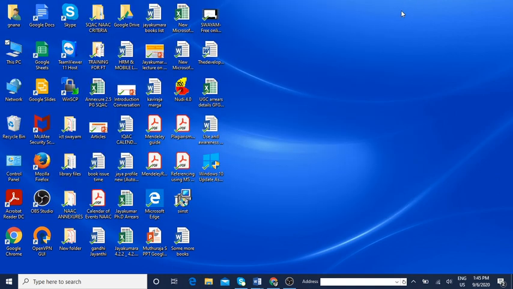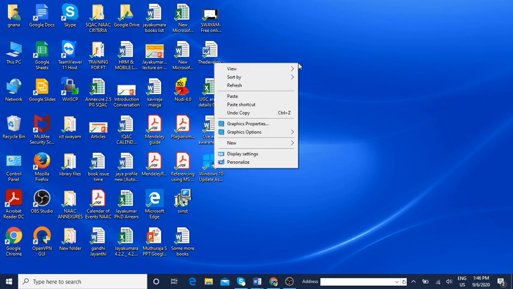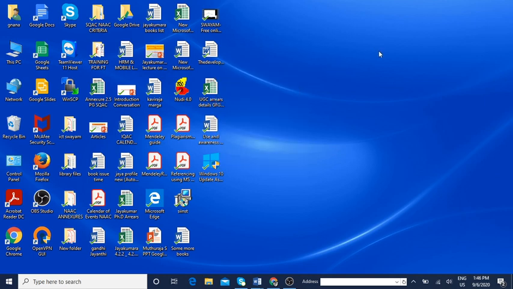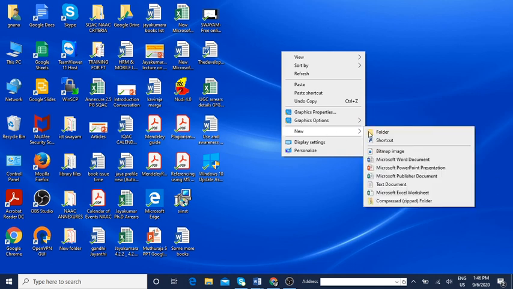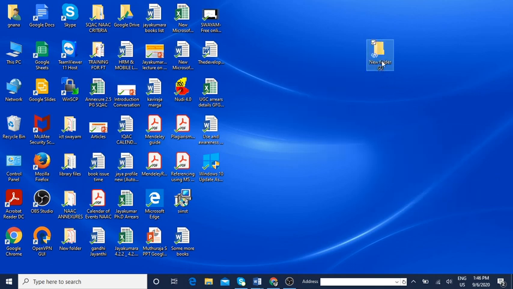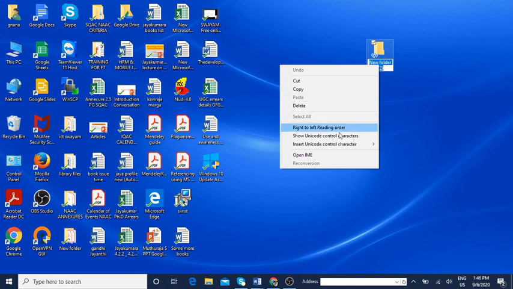Fine children. Then after this you learned how to create a folder. What did I tell you? Right click on the desktop screen, follow the instructions children and check. Okay, watch carefully. I'm telling you again and again, watch carefully. Right click on the desktop screen, click on new and click on folder. Yes, there's a folder which is already created.